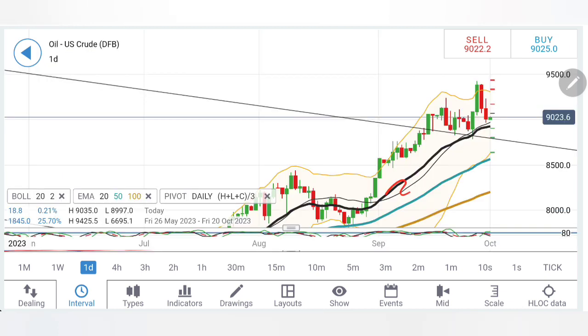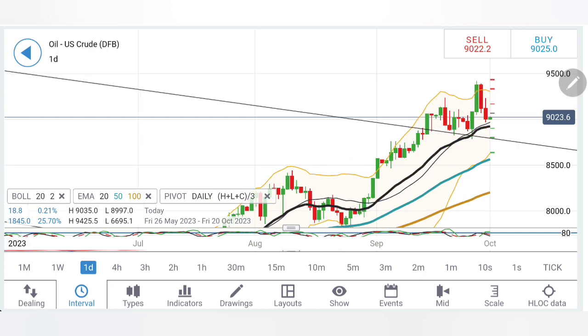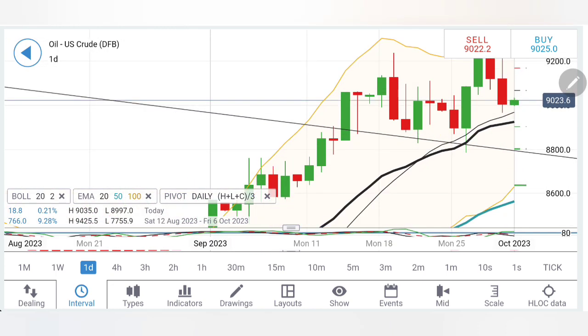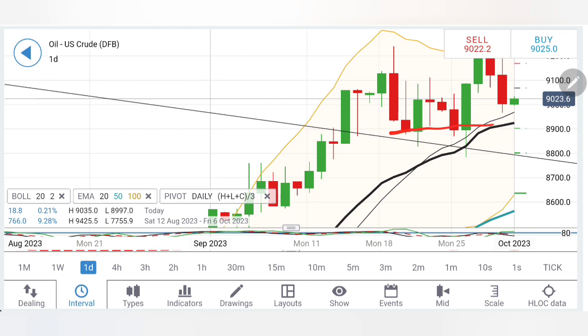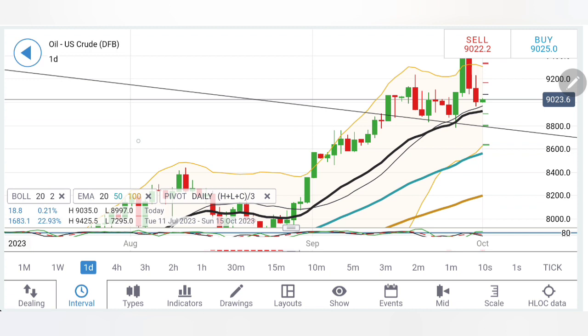Now, if you look at the daily chart, we have seen in our monthly and weekly review for oil that it is staying in this bullish channel. It has always got the support from the 20 period moving average. That is what it is doing right now. Also, one must note that the 20 period moving average is sitting at 89. And remember the month has just started, so oil is still bullish.